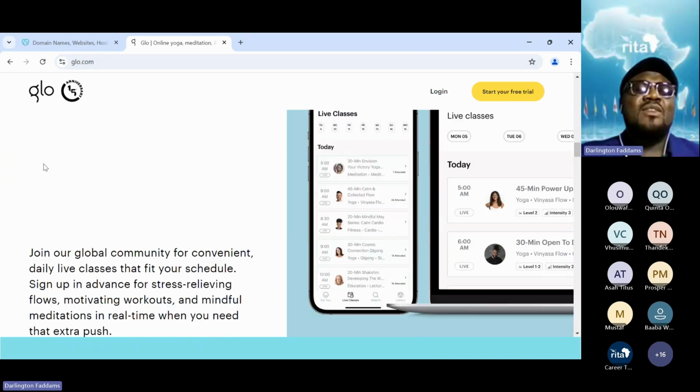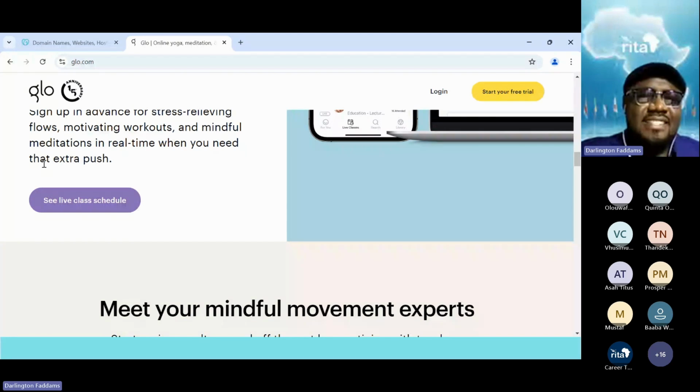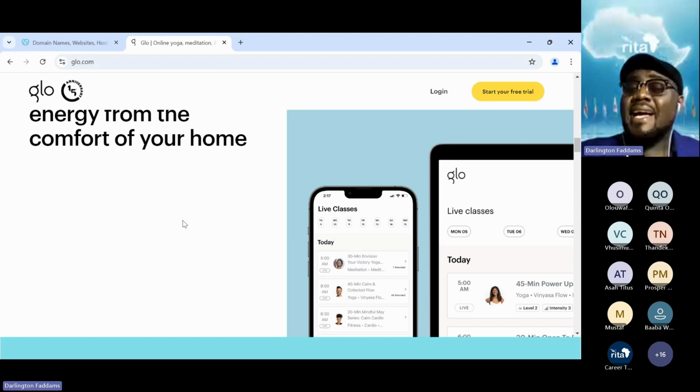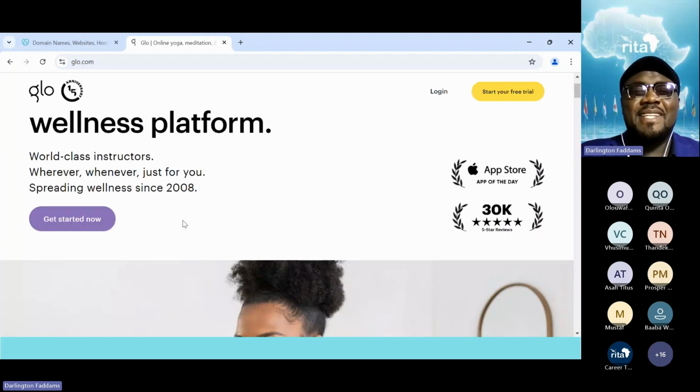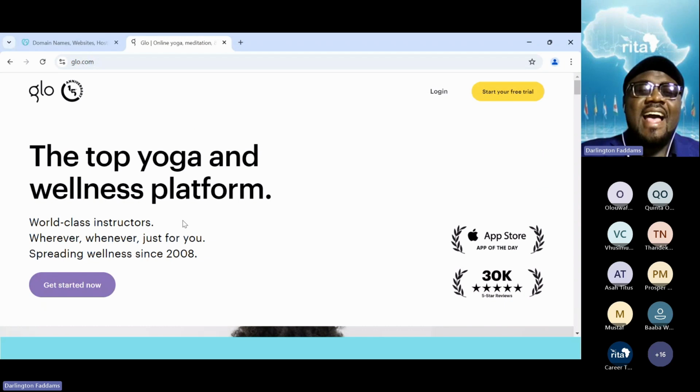I'm sure the company Globalcom will go like, this name should be mine. This is my brand. I'm supposed to have this name, but you know what will happen? They cannot do anything about it. The only thing they can do is to contact this yoga company and ask that we want to buy your name and we will pay for it. Will you sell to us? I'm very sure they've done that.